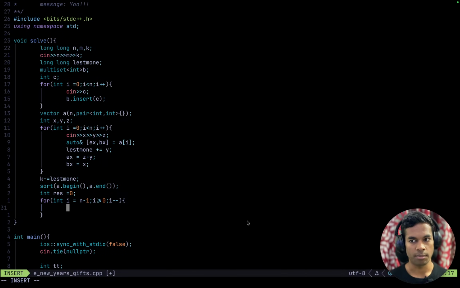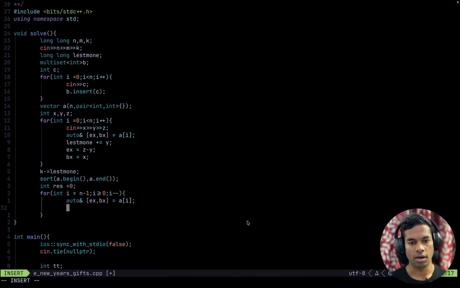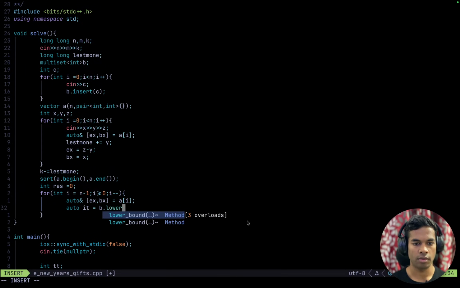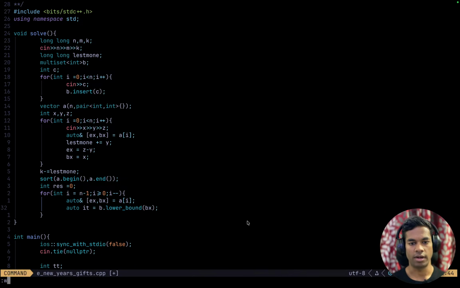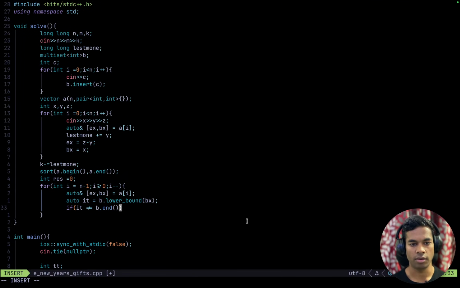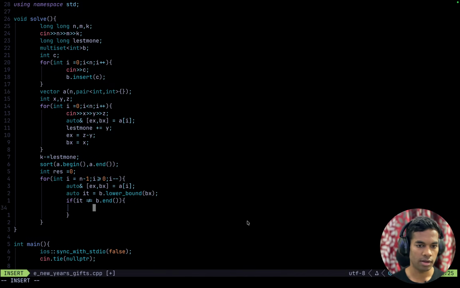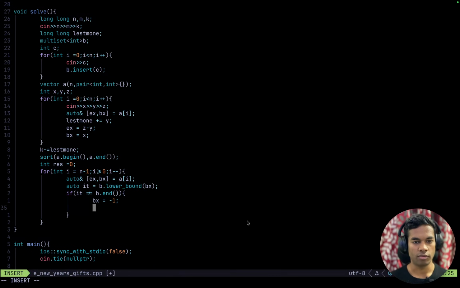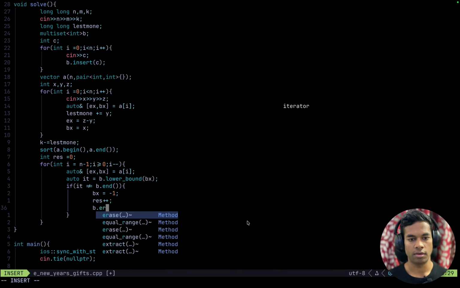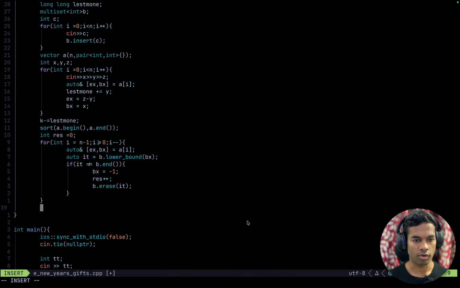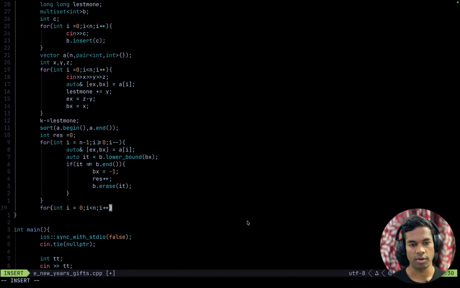So to make this current person happy, before making them happy, auto reference extra money and box equals a of i, and auto iterator from the boxes lower bound of this box, and if iterator is not equal to b dot end, we can make this person happy because of the money that they have, and we can say bx equals -1 and b dot erase this box from the list, and then for int i equals 0, i smaller than n, i plus plus,